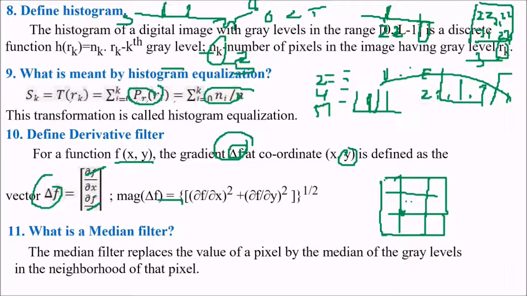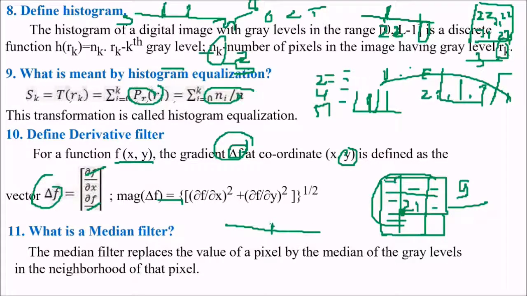Say a certain value is here, 21, and all these values are here. What I'll do is I'll take all these 9 values and find the median, and you know how to find the median. The median is nothing but the central value, so I will arrange these values in ascending order and take the mid value.